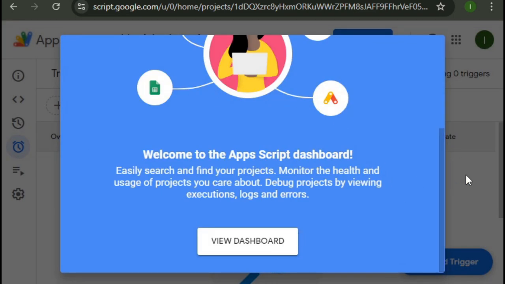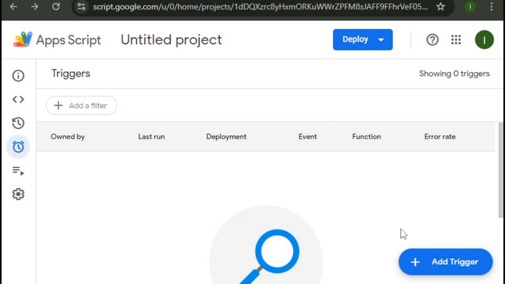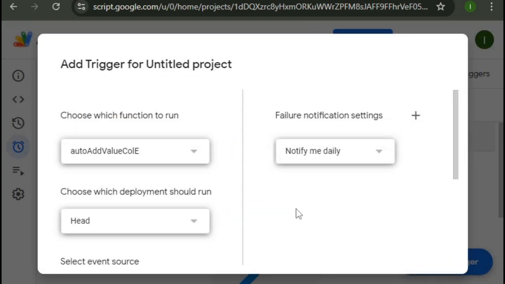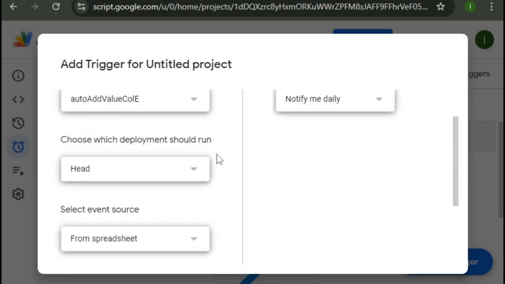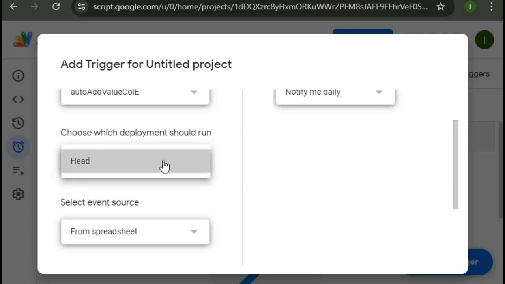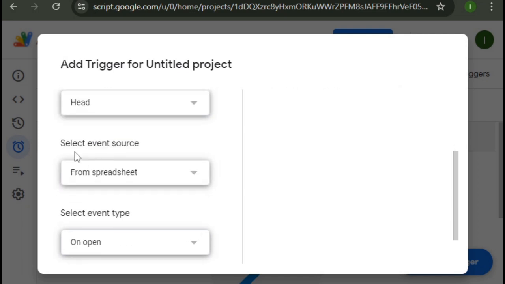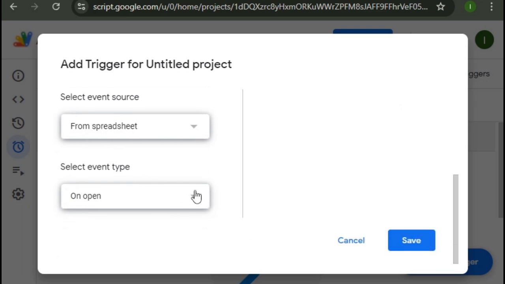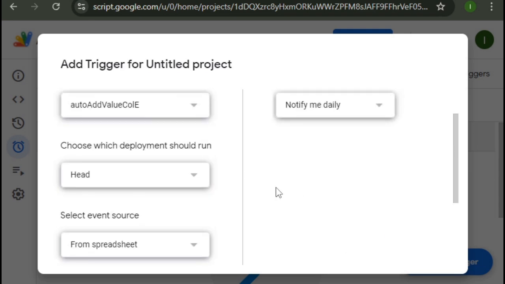And we just ignore this message for the time being, and we just click on Add Trigger on the bottom right, like that, and we'll say this is the function that was just written that we need to run at the trigger. So as regards which deployment, we'll say head, there isn't any other option, and then from the event source we'll say from the spreadsheet, and as regards the event type we'll say on change whenever we add a